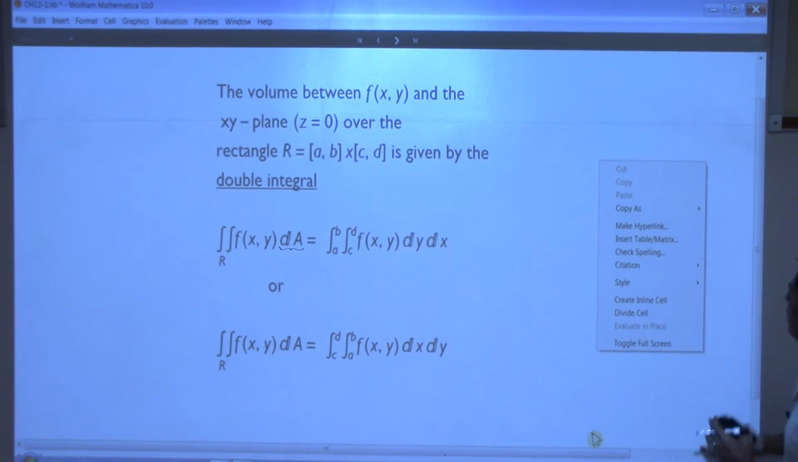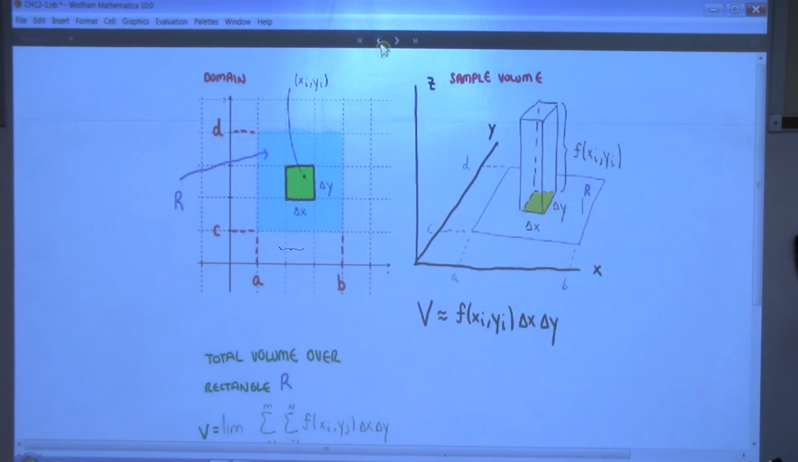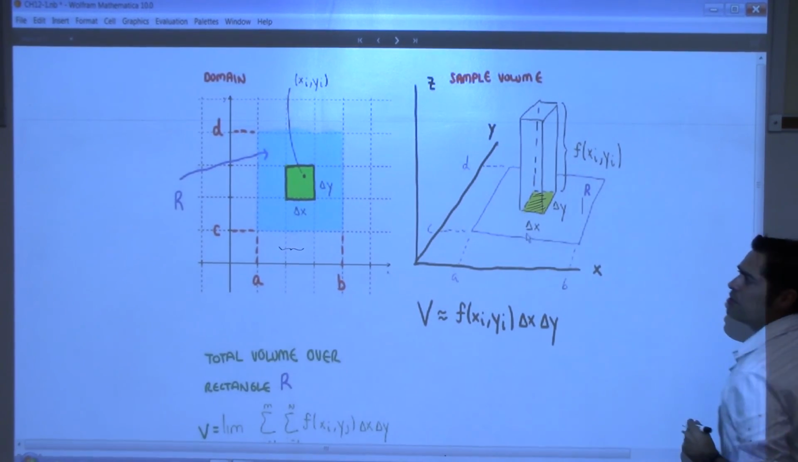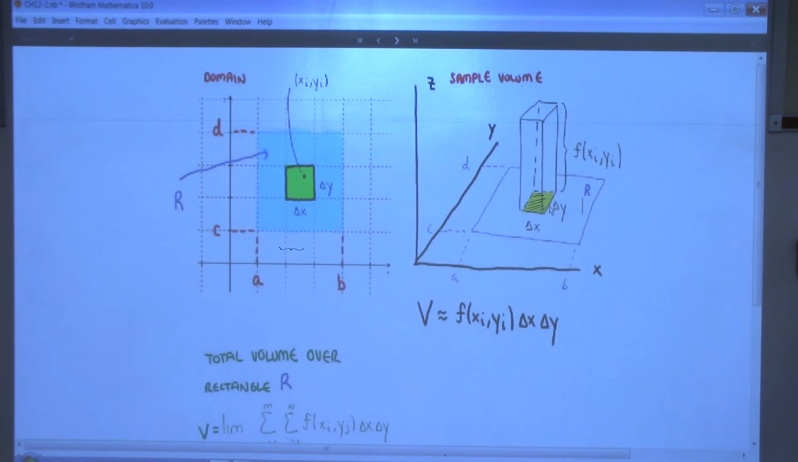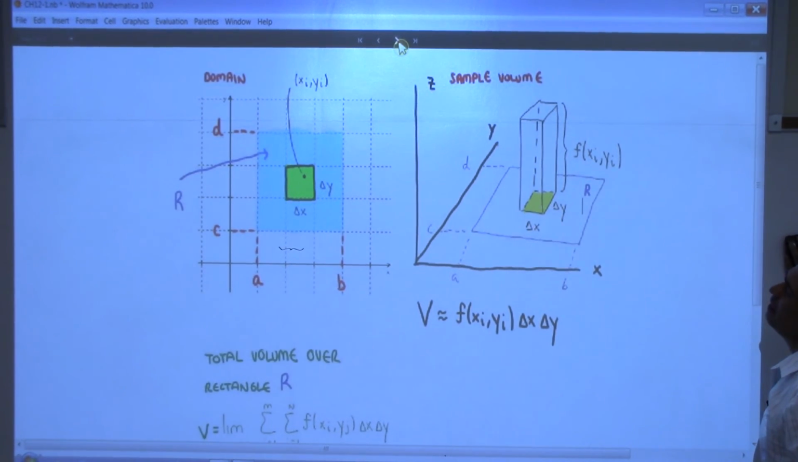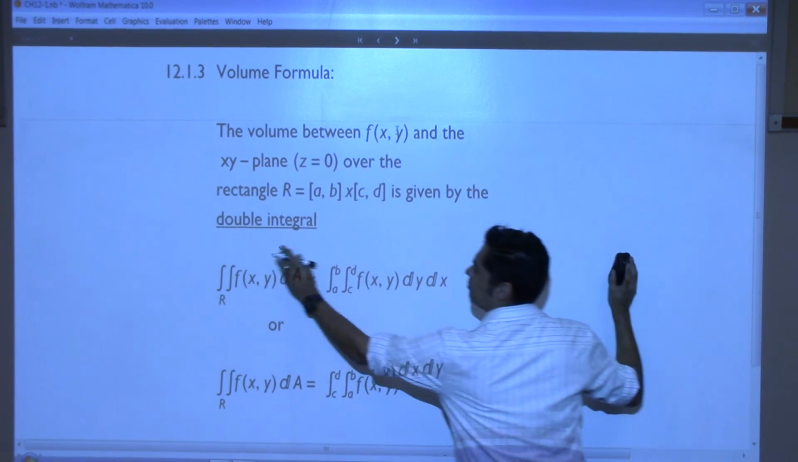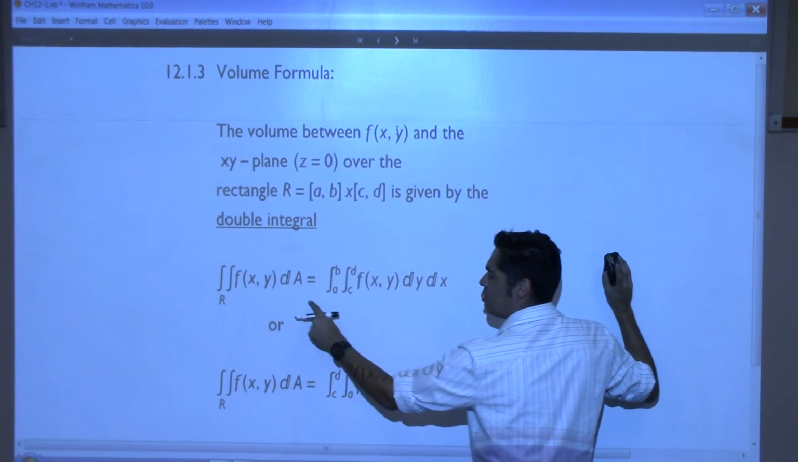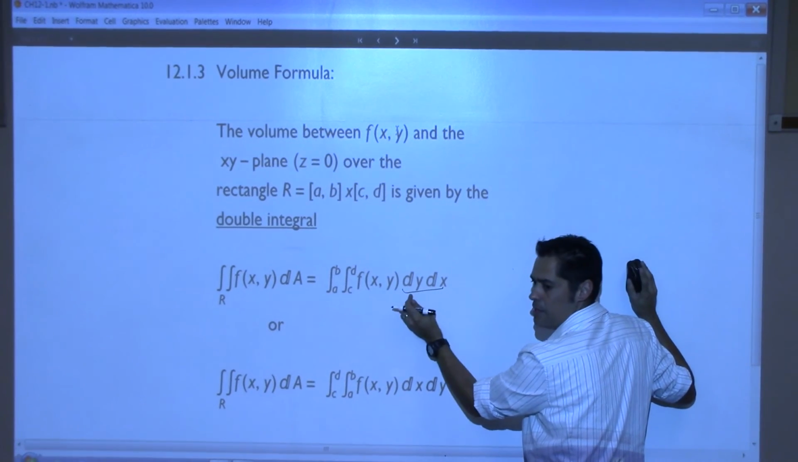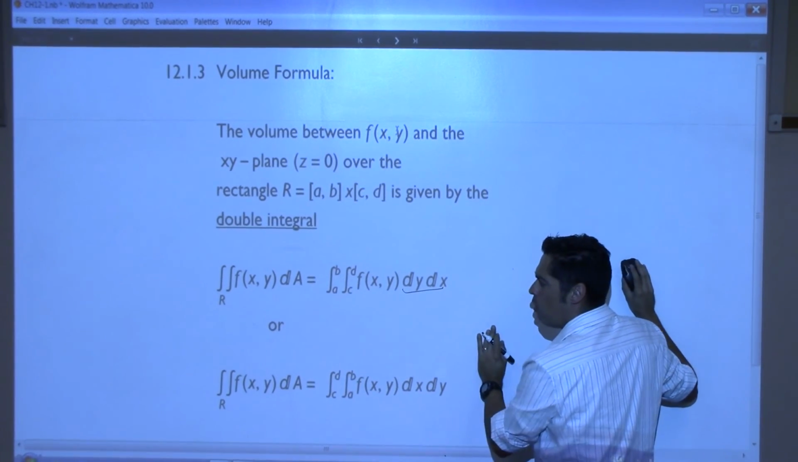If I go back to that picture, this right here, that yellow piece right there is delta x times delta y. That's a little area on the ground, isn't it? So that is actually the dA. And now if I just change that over, this is what dA is, right? dx times dy. Or